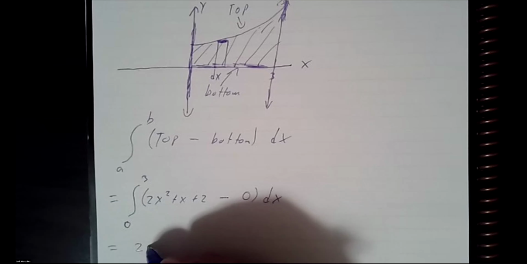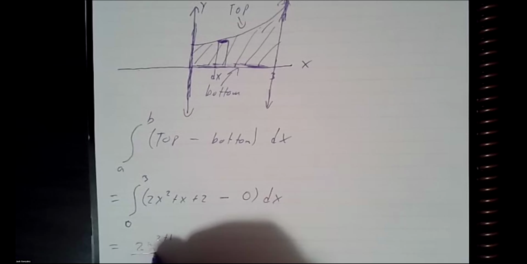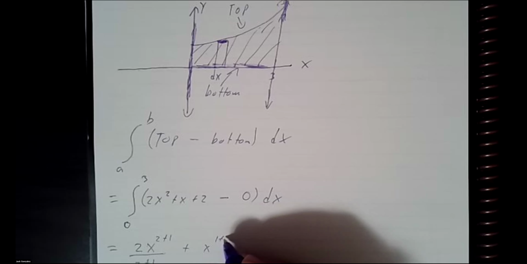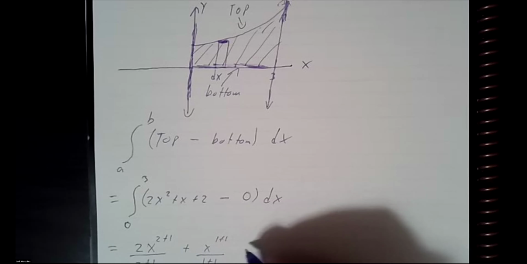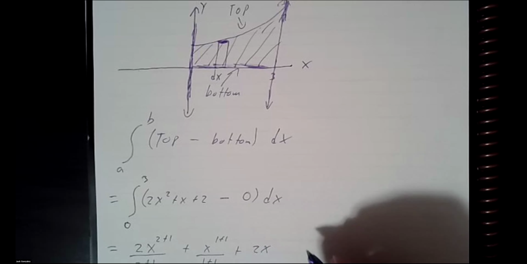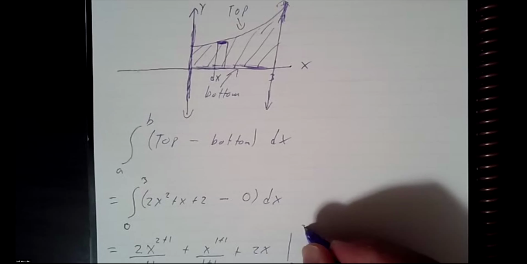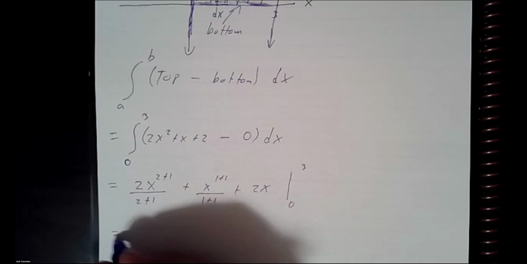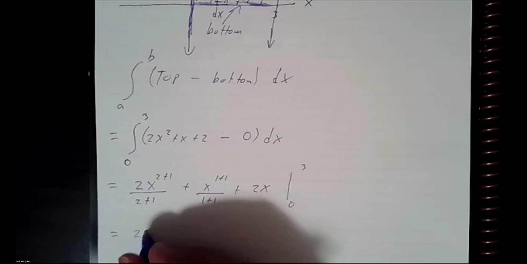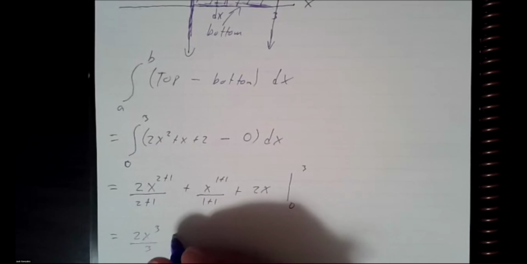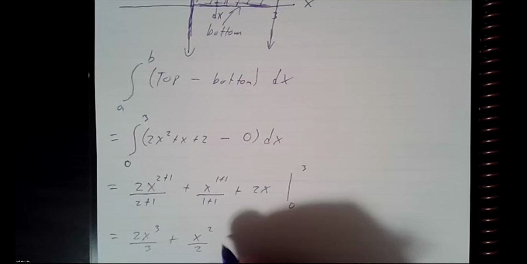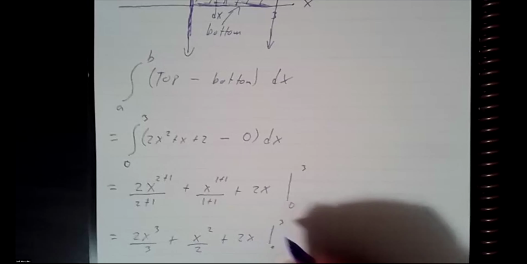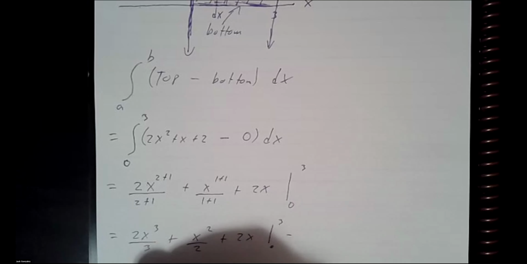I'm not going to show the separation this time, but that'll be 2x cubed over 3 plus x squared over 2, that's 2x, from 0 to 3, which will be